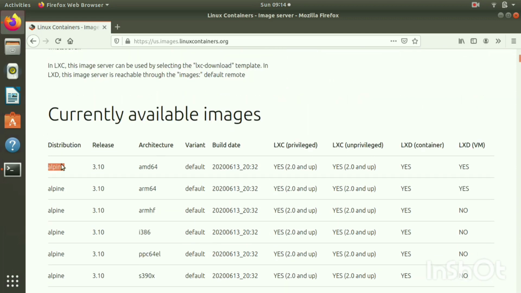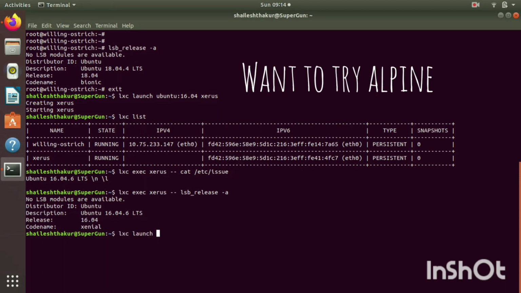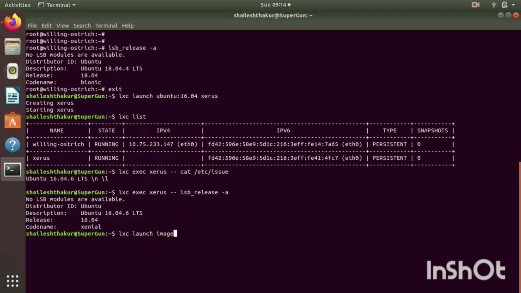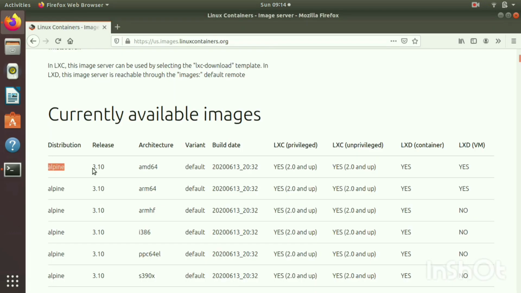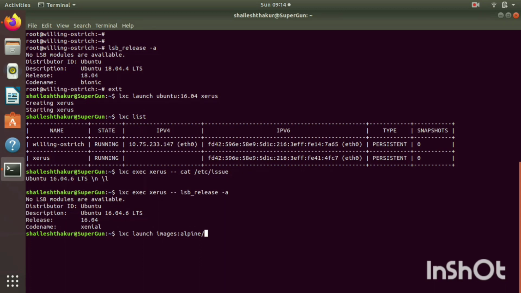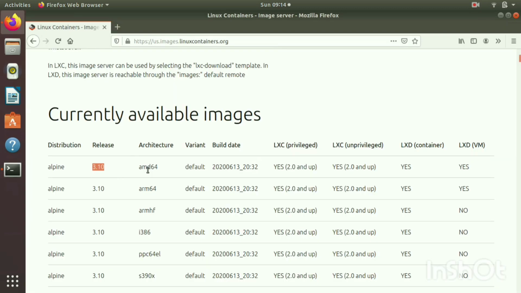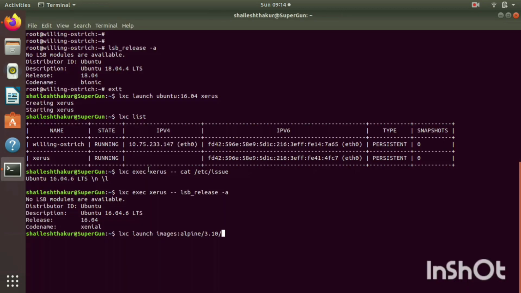For example, I want to try Alpine. So what I do is lxc launch images:alpine, give the release number and also the architecture. I want to try out amd64, and in this case I'm going to give a name, and this is all you need to have your Alpine container up and running.